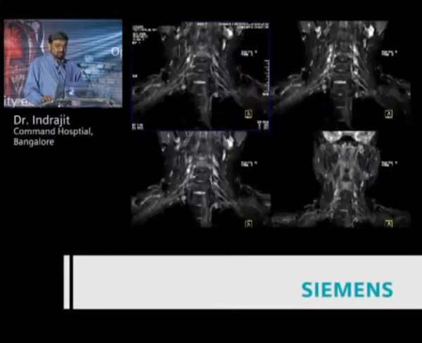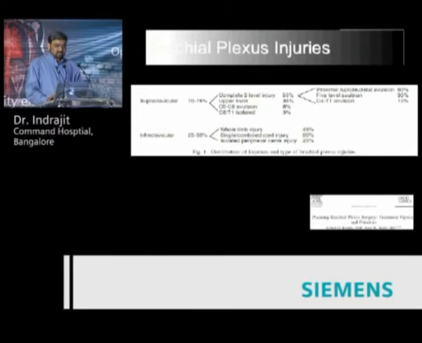Now, when we analyze this case a little bit further, we would find that these nerves are not as vividly seen or as thick as on the opposite side, and they are much thinner on the side of the lesion. The brachial plexus injuries require us, while analyzing the coronal images, to number the individual vertebrae from C2 downwards. So it's easy to correlate quickly which are the roots, C5 roots, 6, 7, and so on, and similarly the formation of the trunks and the divisions.